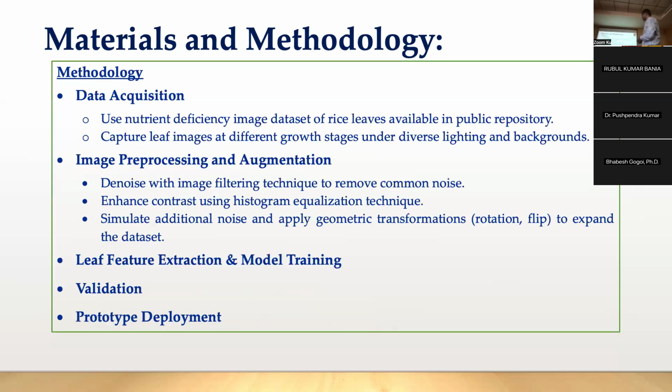So next is the methodology. First, the data is the main thing. So first we'll